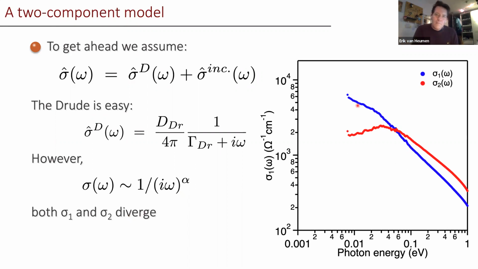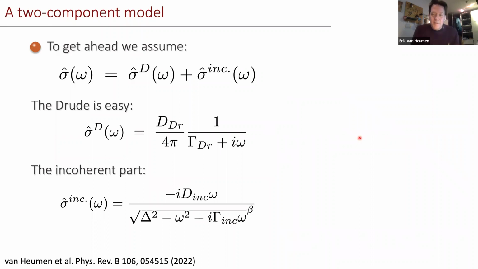Well, you might say that sigma 1 actually diverges. Sigma 2 clearly does not. So this power law function really is not the correct description of this data. And so after a little back and forth with Jan Zaanen, we eventually came up with the following form for